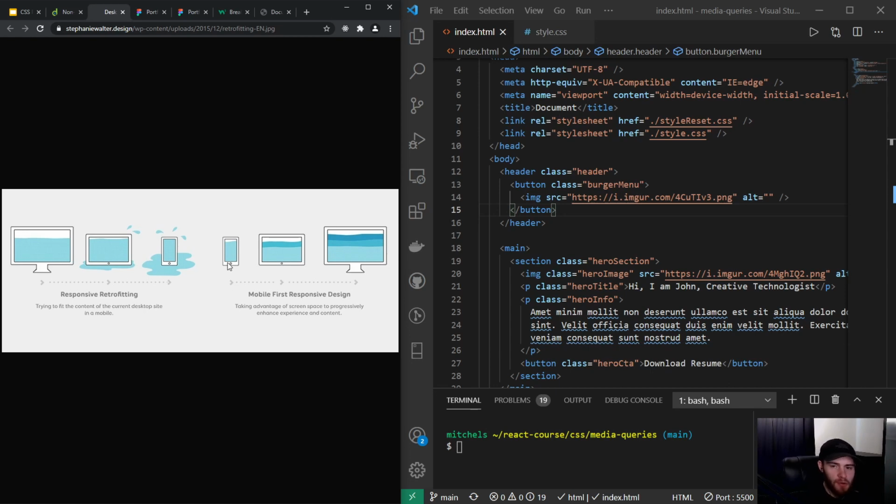However, this is not always the case because some websites are, for example, made as an internal business tool, and they will be mostly used by people browsing on the desktop. I had clients that only asked me to build a desktop site. So always keep in mind who is using your site, but if the users are going to be on both mobile and desktop or tablets whatsoever, start with the mobile